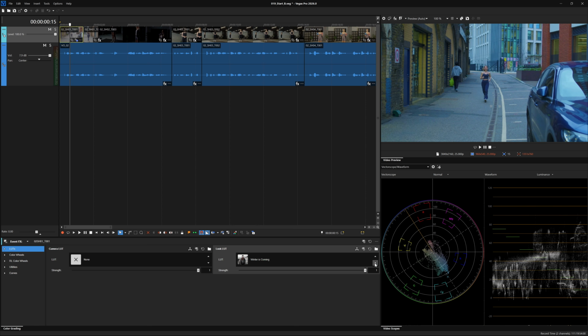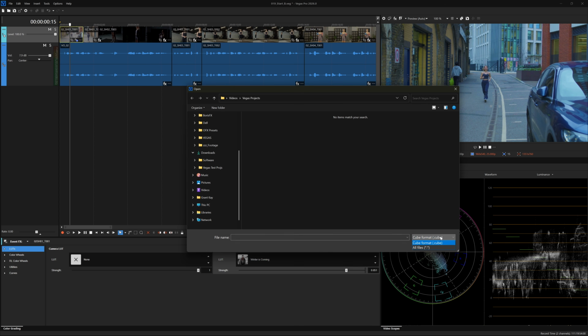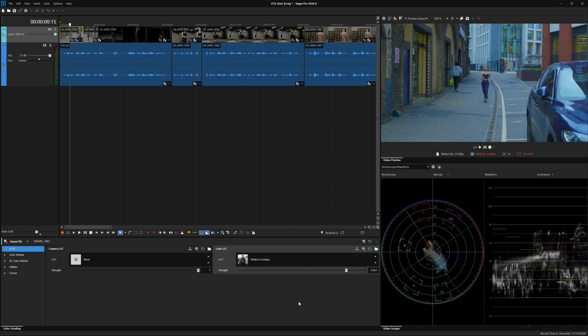You can also use the arrows to rapidly navigate the looks and choose the one you want. If the look is too intense, adjust the strength to dial it down. There is also a bypass button to see a before and after with the look, and you can remove the LUT using the reset button. Finally, if you've created or purchased a look pack that you'd like to use, Vegas Pro supports cube-formatted lookup tables, which are pretty common these days and easy to load.